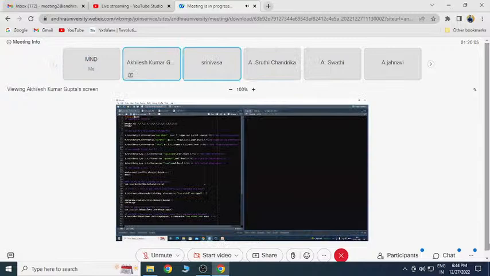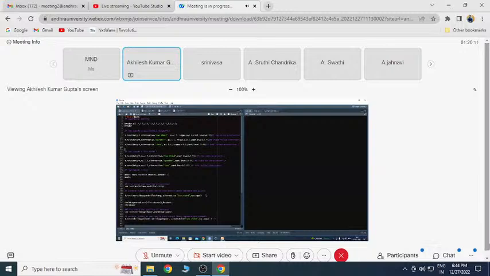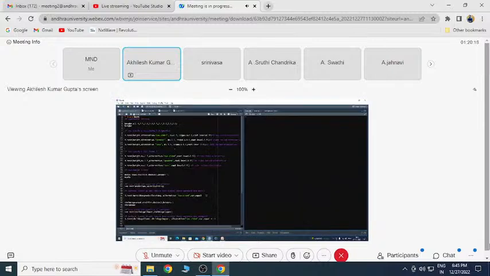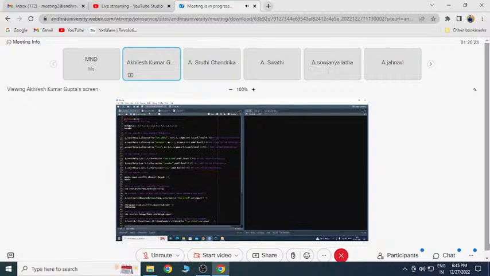Okay. So first we'll see the z-test, the one sample z-test. As I told, when you know the variance, you have to apply the z-test. There is no inbuilt command for the z-test, but there is a package called BSDA. Like sir told in the morning session, you have been explained how to install packages. I will assume that you know how to install and load a package. For the z-test, you will have to get the package BSDA into your library. Then you will be able to perform the z-test.